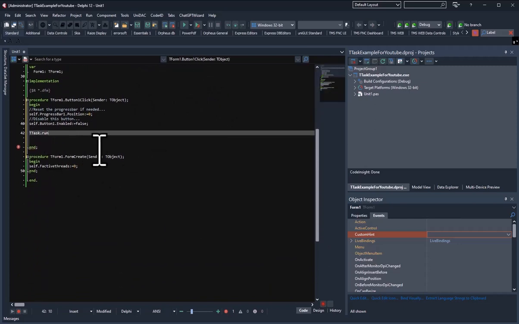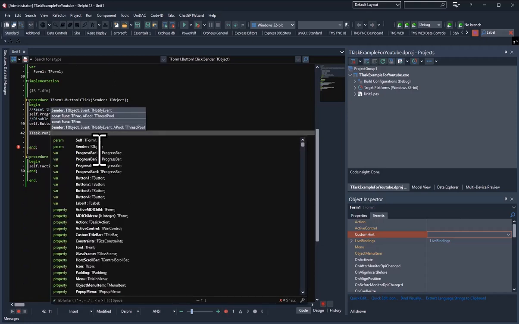Now you can clearly see that we're able to start doing stuff, and it's asking us for a few things. It's asking us for a notify event, a thread pool, a TProc, and whatever we want to put in there. So in our particular case, essentially all we're going to be doing is looping, making the thread